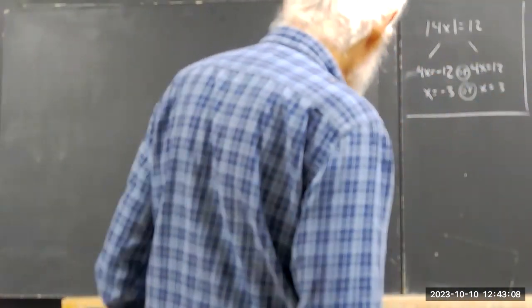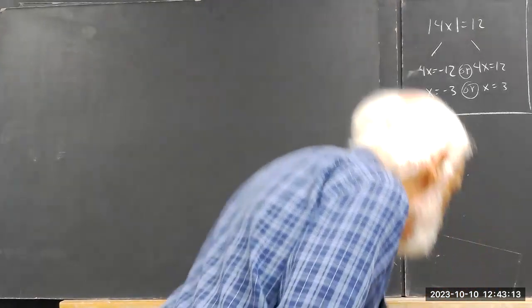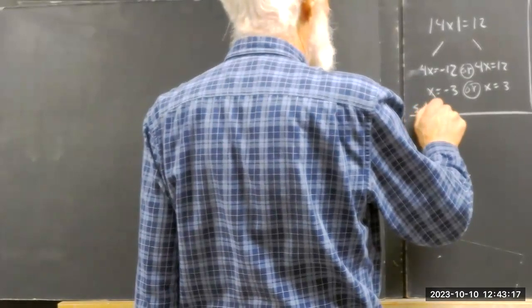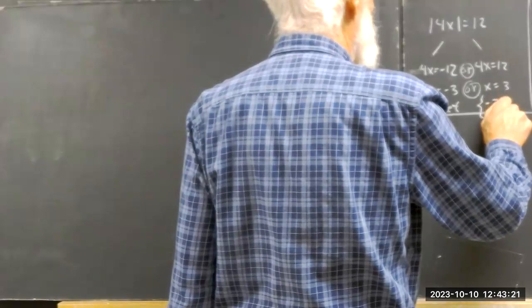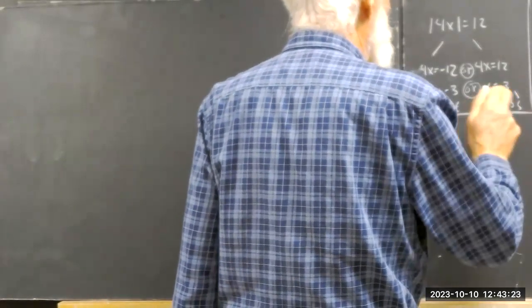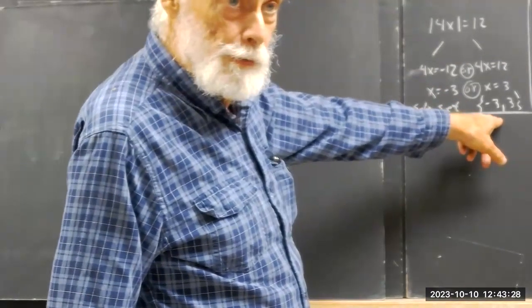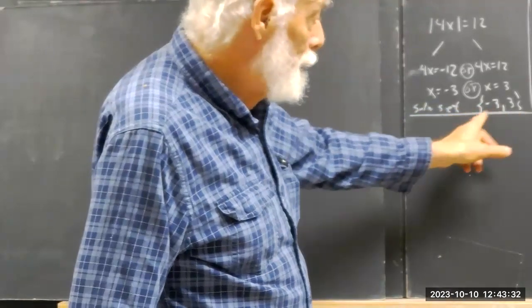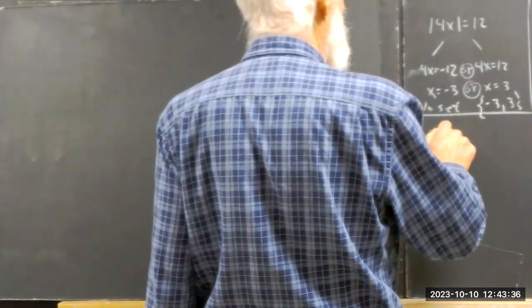However, when we get down to this one, we really have to write it out a little more formally. Oh yeah, the solution set is the set negative 3, 3. There's our solution. Now I accept this, but that's really a standard way to write a solution, with all solutions in set brackets. Okay. Now,